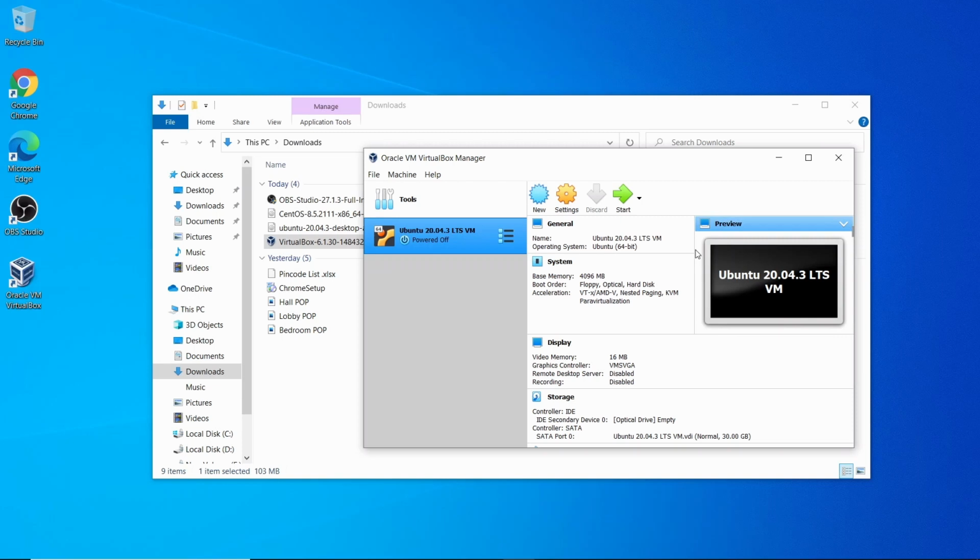So as you can see in the preview section here, this is the dumb virtual machine that we have created. Just like your computer, when you have everything but no operating system, just like that, virtually we have created this virtual machine. Simple. So what we will do now is click on start so that we can run this virtual machine and install an operating system. In this case, we will install Ubuntu.